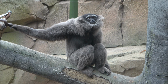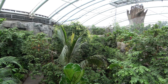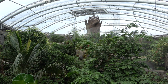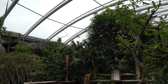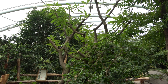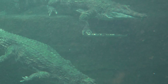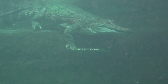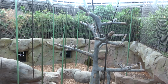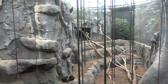and silvery gibbons. One of the main features of the islands exhibit is a large tropical house named Monsoon Forest. This building is home to lots of species, including many free-flying birds. You can also find an impressive reptile collection here, including the unique Sunda gharial. Monsoon Forest is also the place where the indoor areas for the zoo's Sumatran orangutans, silvery gibbons, and Sulawesi crested